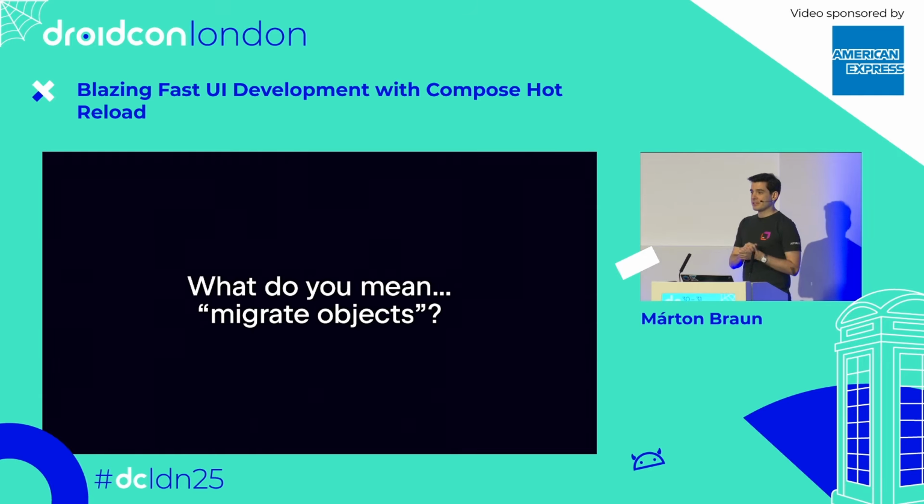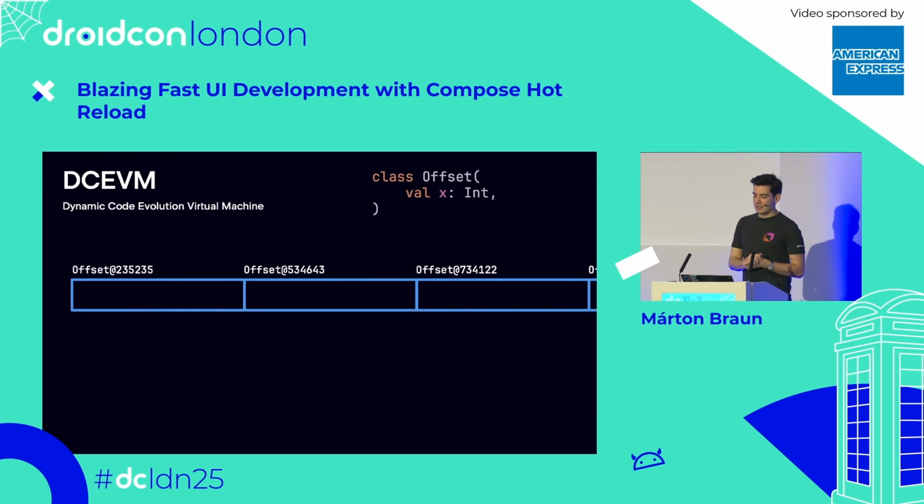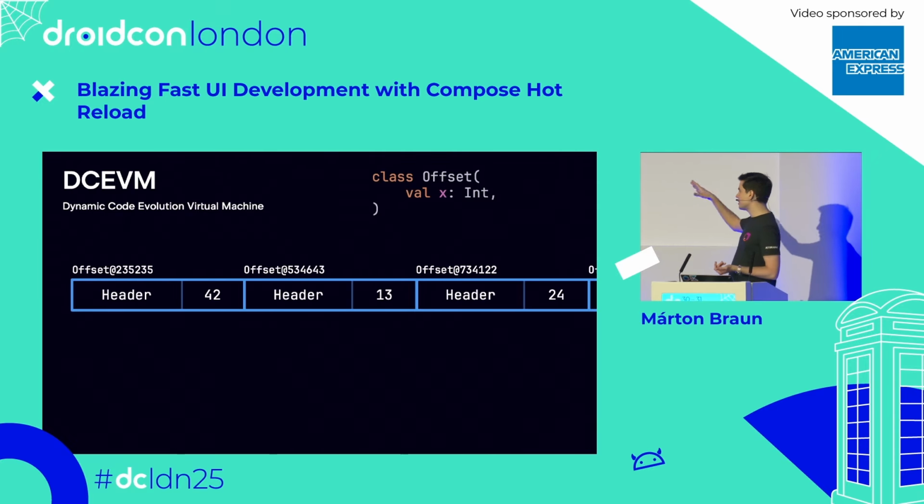So what do I mean by just migrating objects from the old versions to the new ones? Well, let's say that we're still working with the same offset class, and we have a bunch of them in memory. The way that this would look like is that they live somewhere on the heap, and they have a certain object header, which every JVM class has, and then they have the area of memory that contains their actual values. In this case, with the one int property, it would just be a literal int value in each of our offset objects. So what we do is when we are trying to add, for example, a second int property to it,